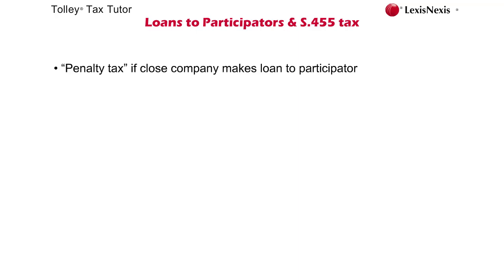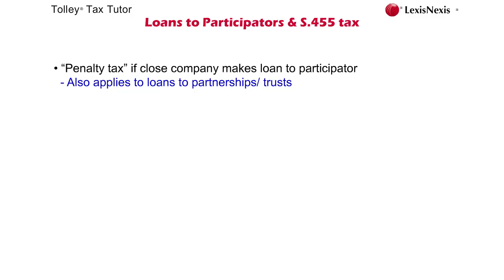The provisions of Section 455 CTA 2010 also apply where the loan is made by a close company to a partnership, in which one of the partners is a participator or an associate of a participator, or to a trust of which a participator or associate is an actual or potential beneficiary. These rules catch in particular loans from a close company to any partnership or limited liability partnership, LLP, of which it is typically a partner or member. If any of the individual partners is also a participator of the close company, the company will be subject to Section 455 tax on the amount of the loan.